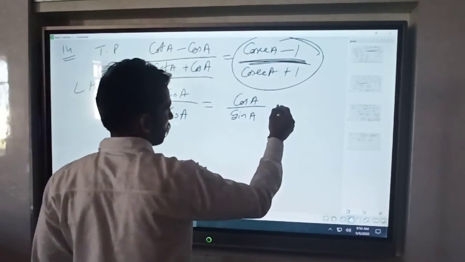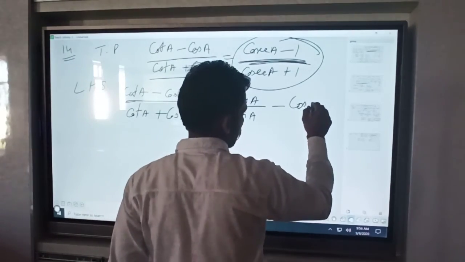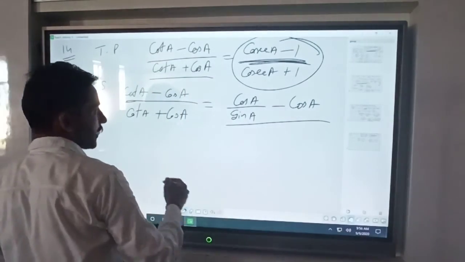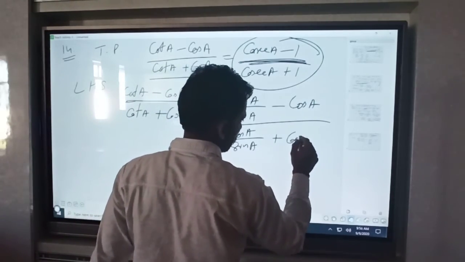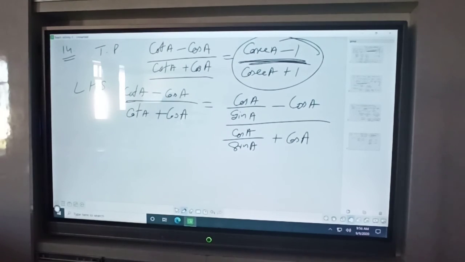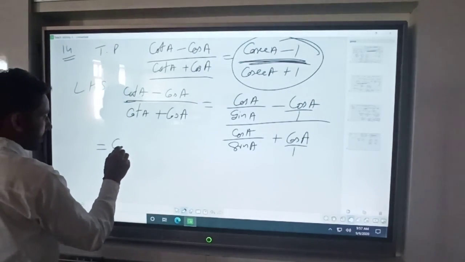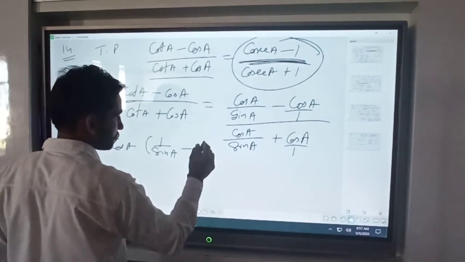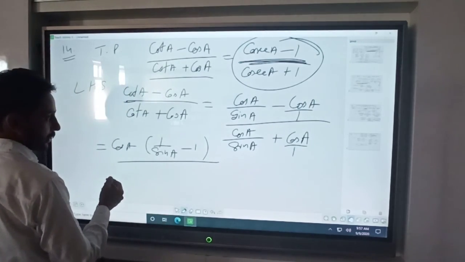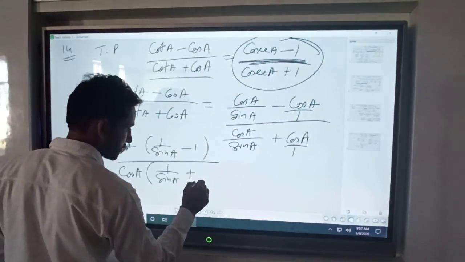sin A minus cos को क्या लिखें? cos को एज इट रख लो, cos A over cot A, cot A is cos A over sin A प्लस cos A. नाउ आगे क्या करें? एलसीएम ले लें. cos A दोनों में से बाहर आ रहा है ऊपर, देखो cos A यहाँ पे बन लगा लो, यहाँ पे बन लगा लो, यहाँ से cos A कॉमन आ जाएगा ऊपर से, cos A कॉमन आ गया, बट इज 1 over sin A minus 1 and in the denominator cos A common 1 over sin A plus 1.